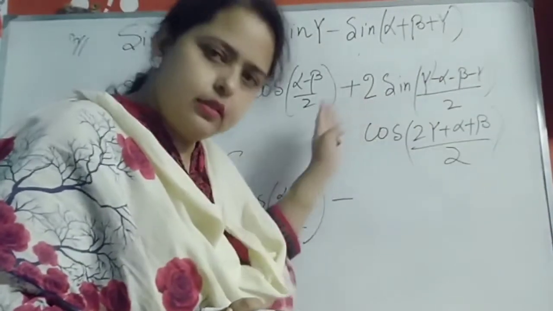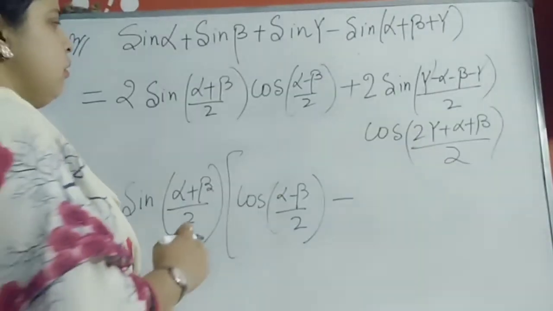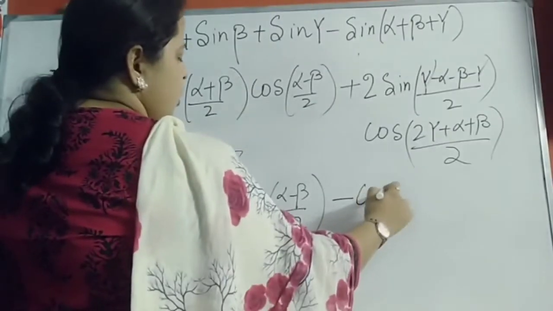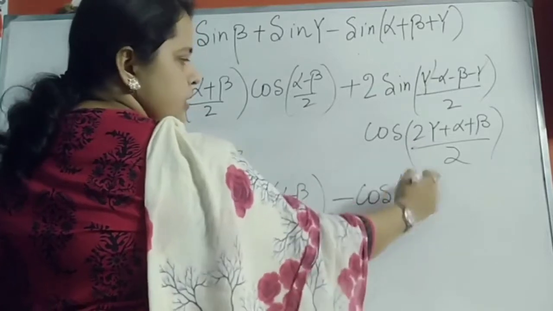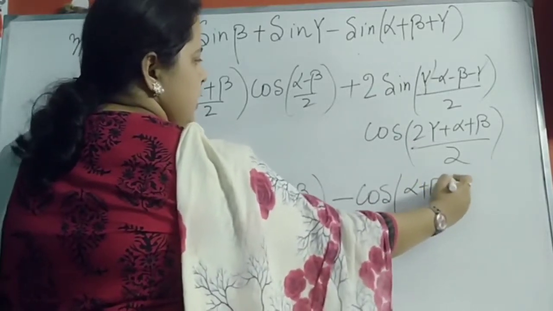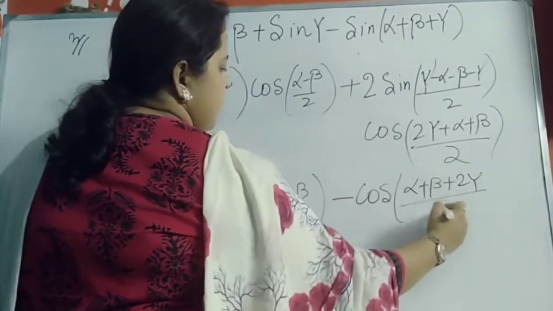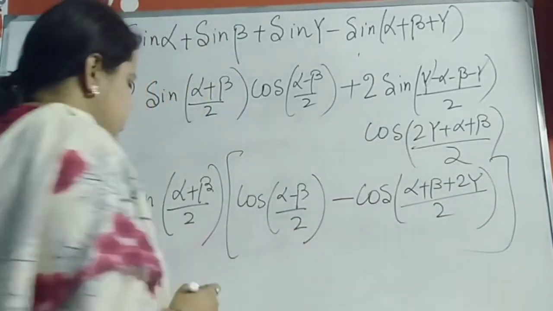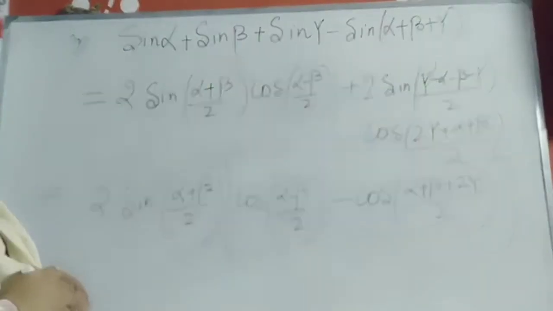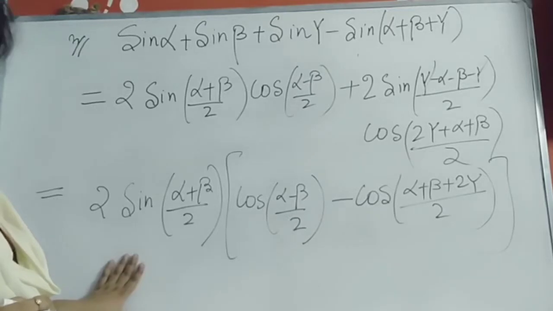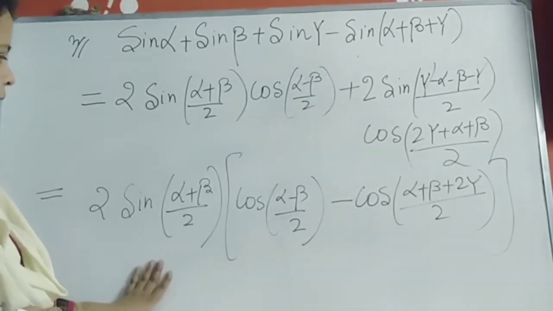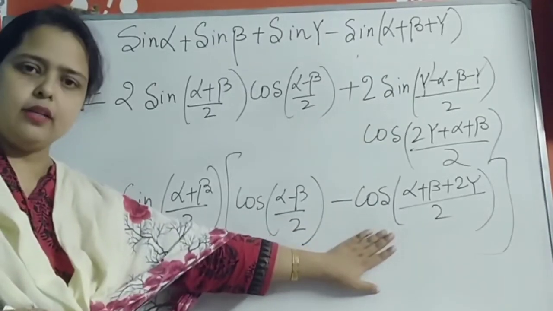Because already a minus sign is taken common, so minus cos this part, that is (alpha plus beta plus 2 gamma) by 2. So here you see a common part, and the next two parts are here